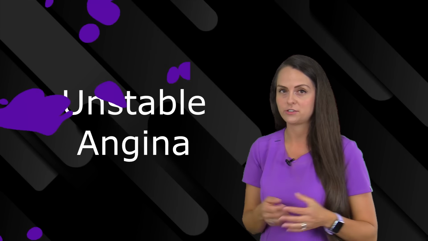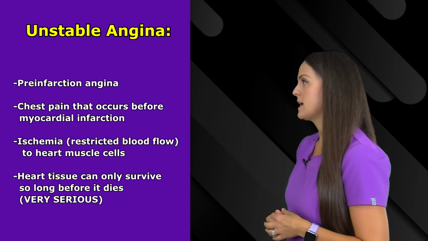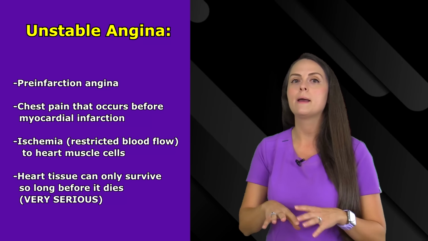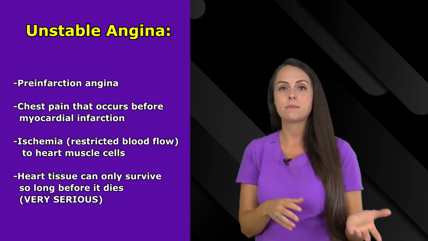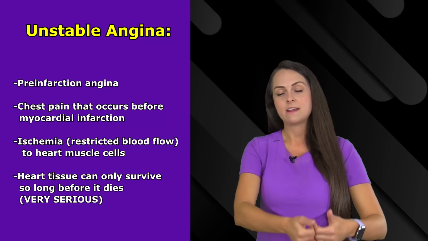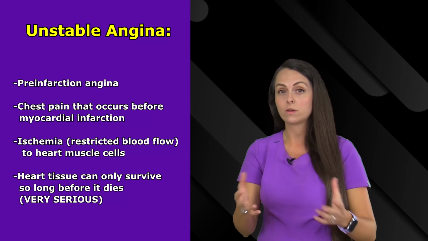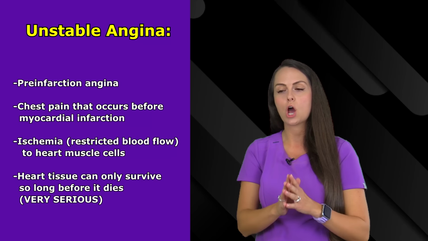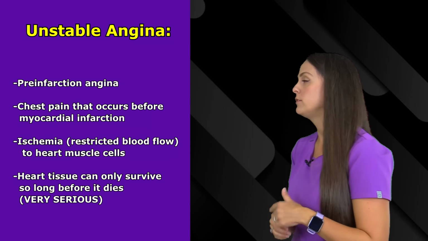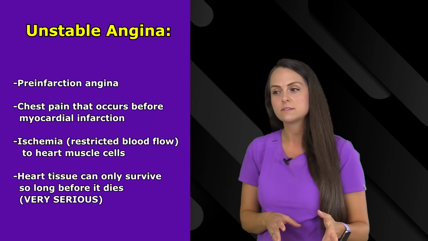as unstable angina. This type of angina is also called preinfarction angina. So this is a type of chest pain that occurs before a big event in the heart known as a myocardial infarction. Therefore, this is a very serious type of angina, and if your patient has it, they need treatment immediately because we need to investigate what's causing this and get them treatment so we can open up that artery and they don't progress to a myocardial infarction, because potentially this is unsurvivable for their muscle cells and for the